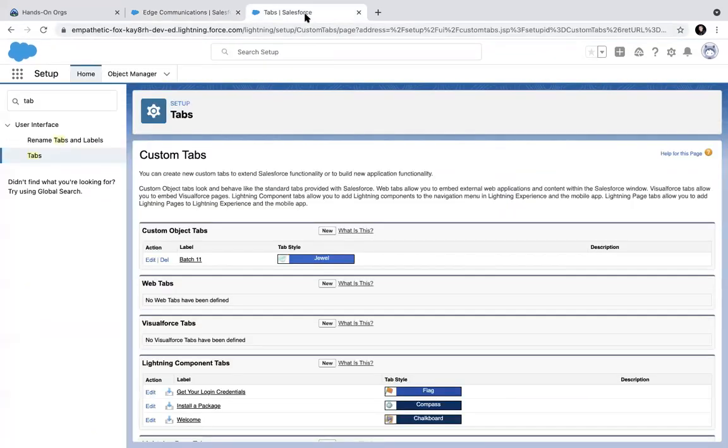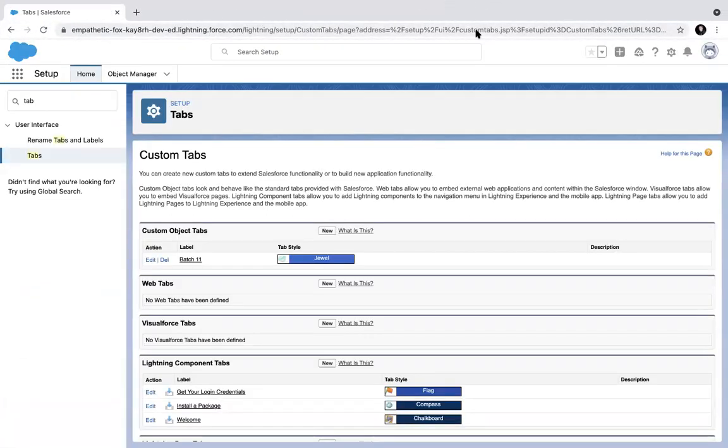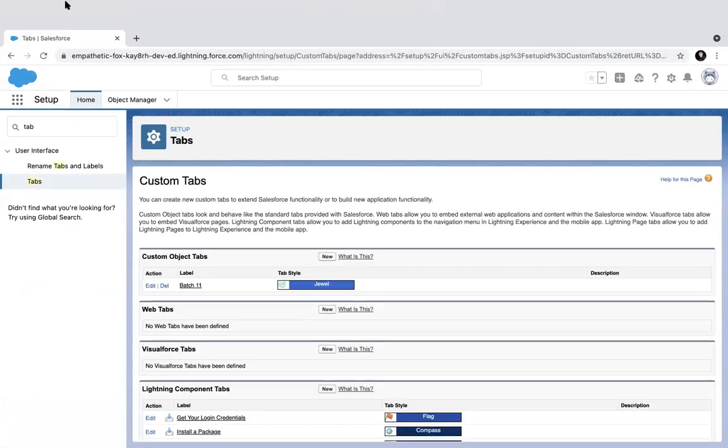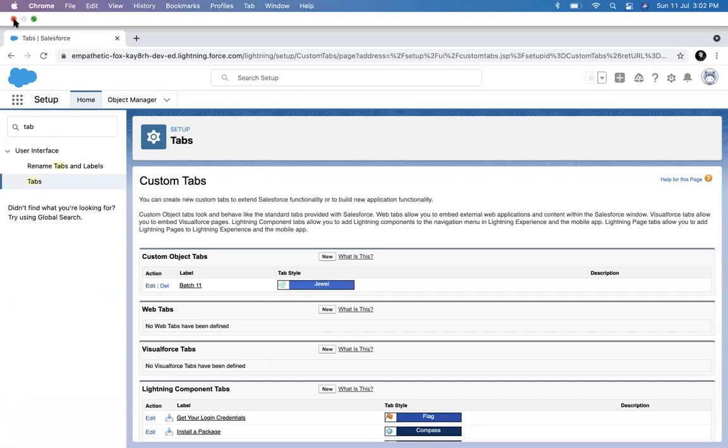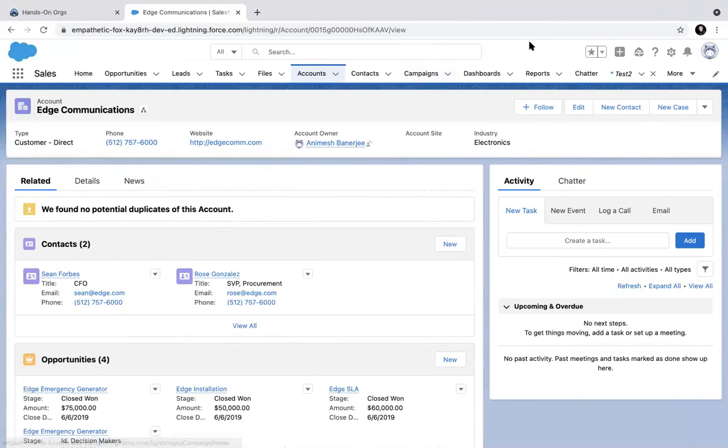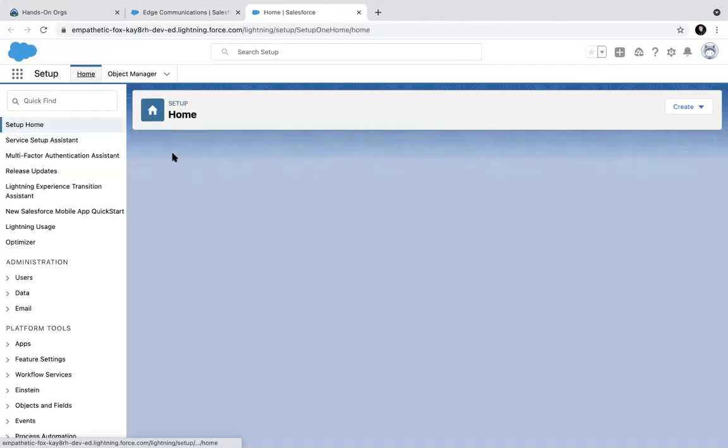So we now know how an object is created and how I can fill data inside that object, right? By creating a tab on it. Without creating a tab, you cannot create a record. Okay, now the next step would be, let's talk about the different fields we have today.